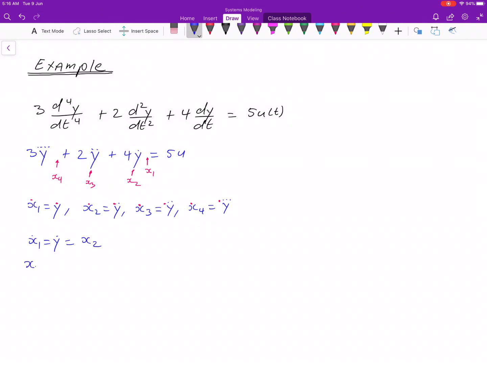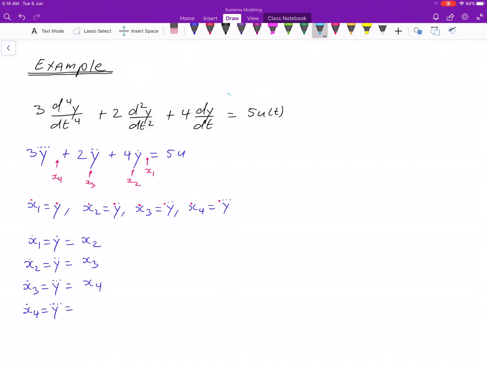Next one, x2 dot is equal to y dot dot, and y dot dot is equal to x3. x3 dot is equal to y triple dot, which is equal to x4, and x4 dot is equal to y dot dot dot dot, which is equal to